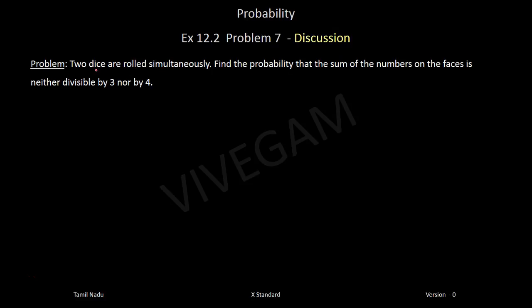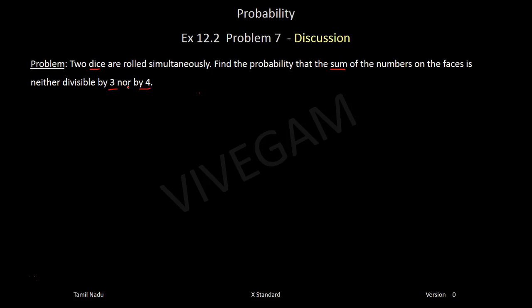So what's given here? Two dice. And we are asked to find the probability that the sum of the numbers on the faces is neither divisible by 3 nor by 4. It's a little tricky problem, okay? But now what we need to do is, anyway, "nor" or "or" leads to the same